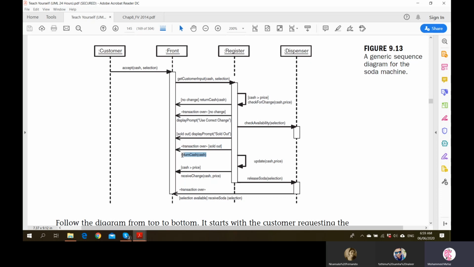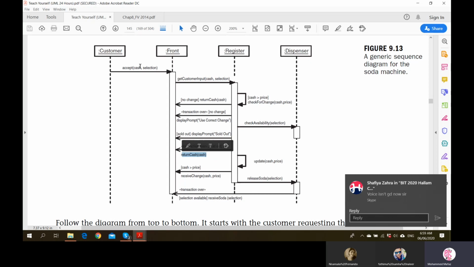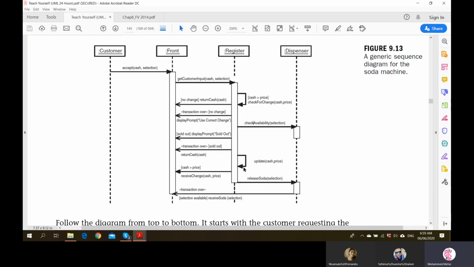You call it with the return cash function. So that scenario is over. So then the third scenario, again, you have to start from here, here, here, here. So now soda is available. So you update, then you